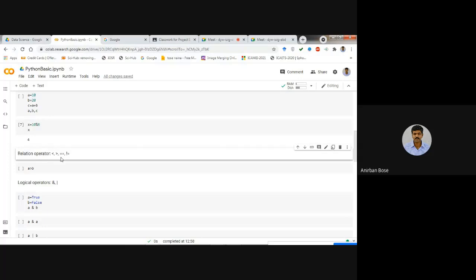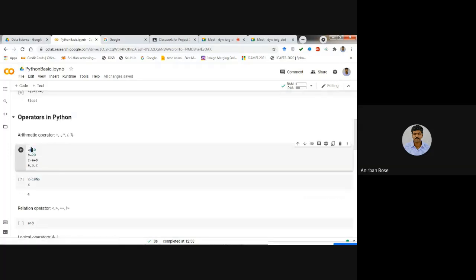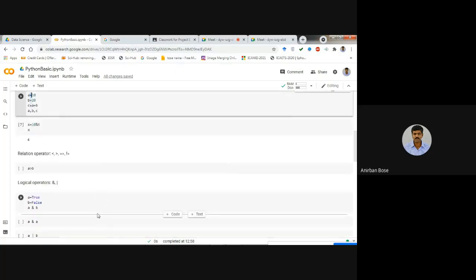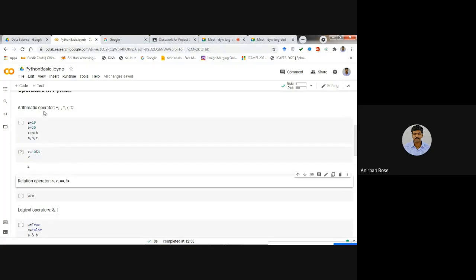That is the relation operator, and a single equal to is basically the assignment operator. That means you are assigning a number to a variable, and this one is the relation operator. Similarly, not equal to, you see the exclamation symbol and then equal to, this is the not equal to.